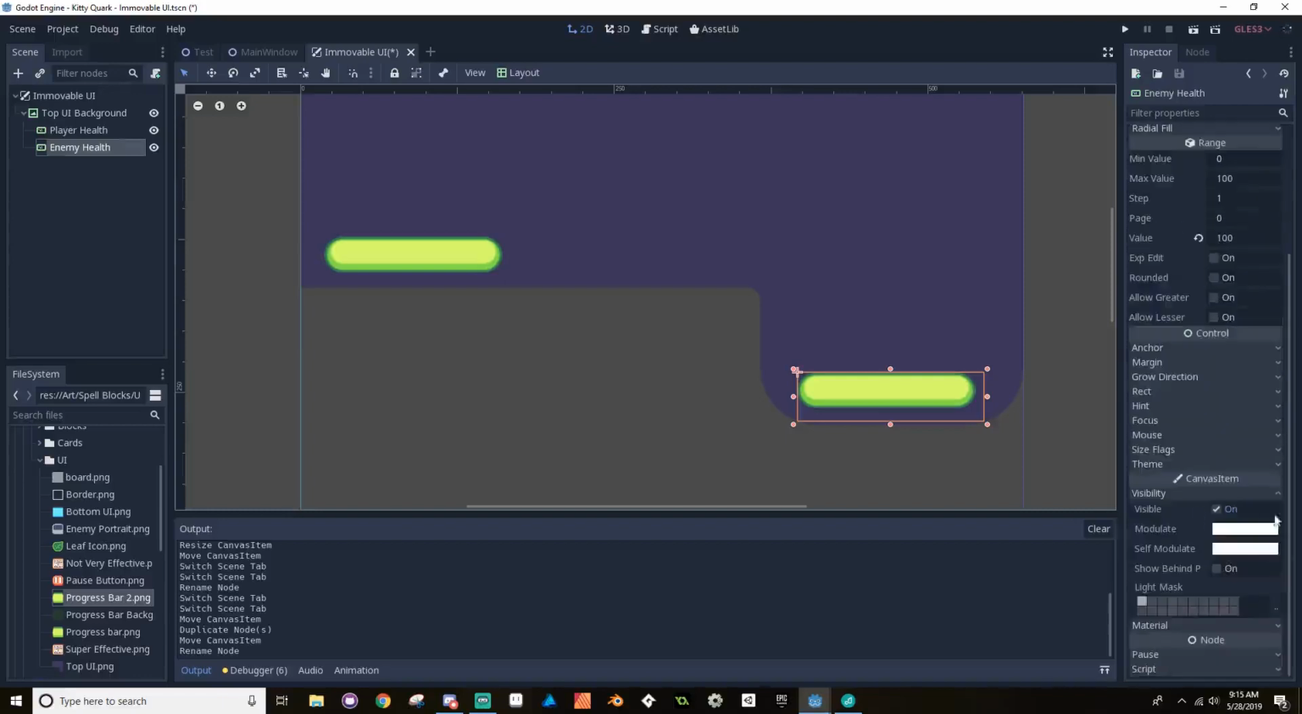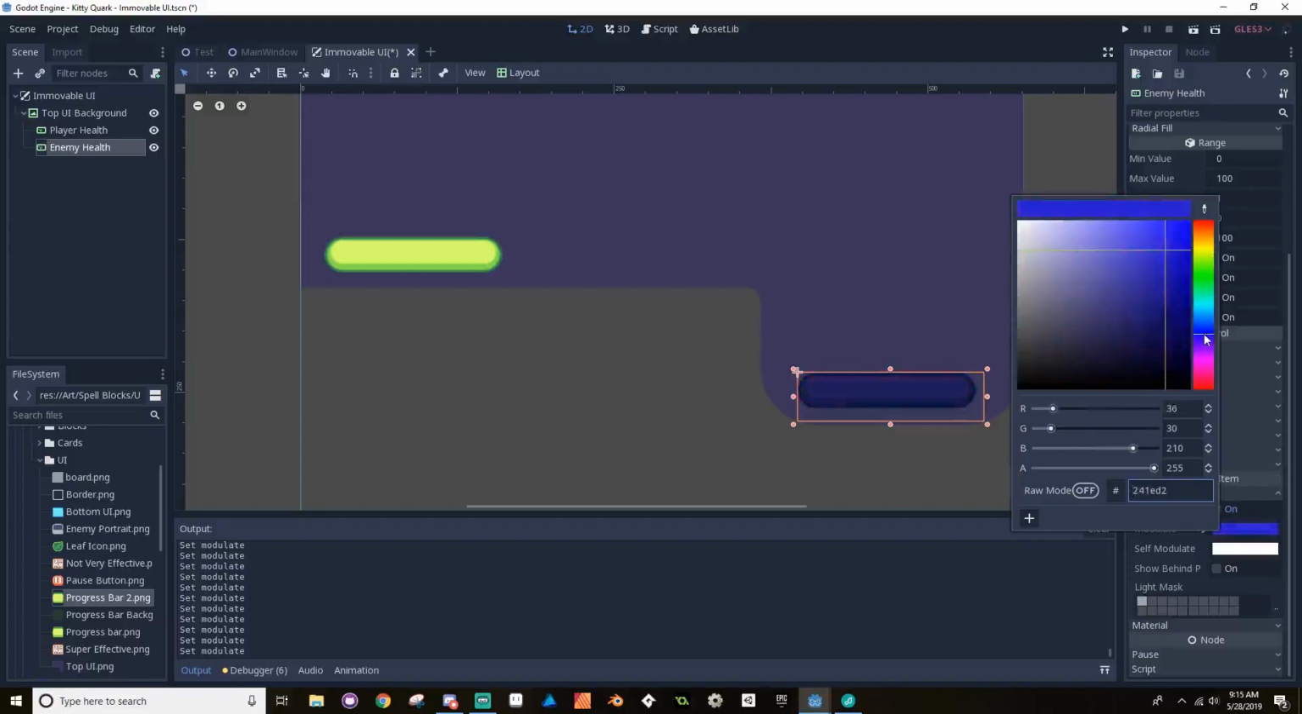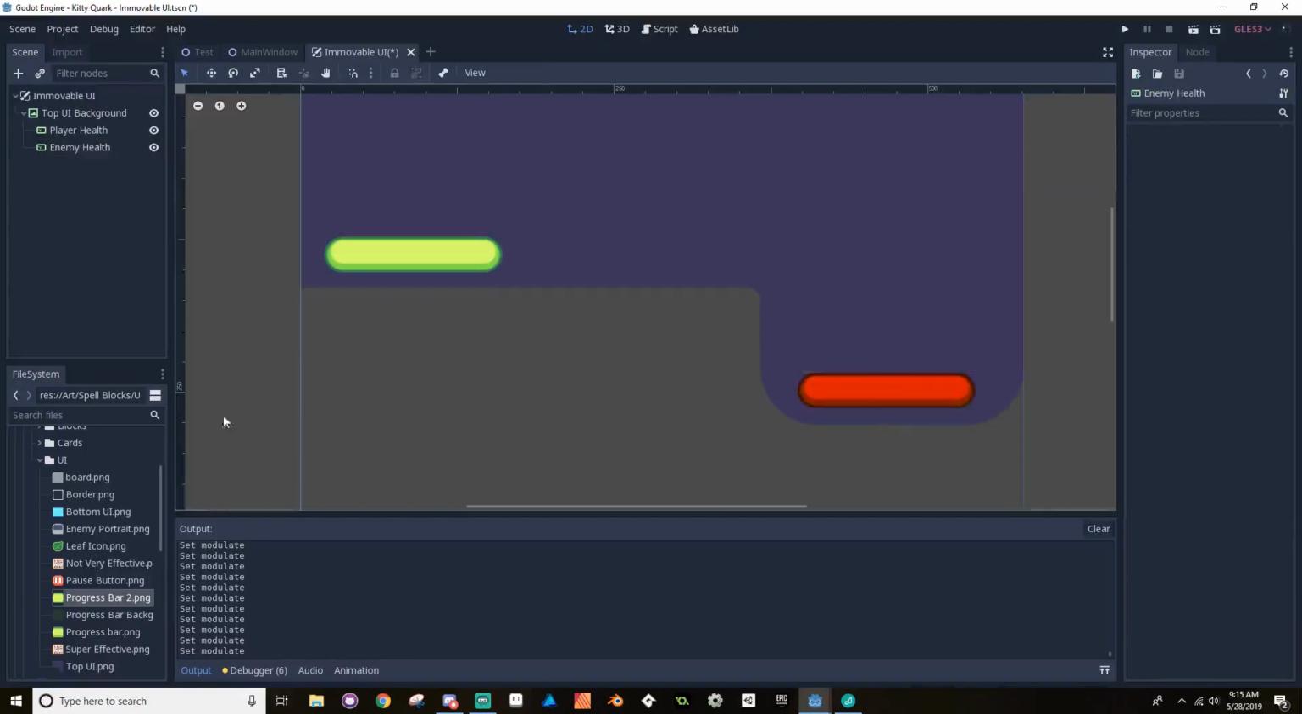So if I go to visibility, I'm going to change the modulate property. Doesn't look great because I'm putting orange over green. It's not too bad. What if I just, no. Let's do that. A little bit, let's go. Yeah, let's do that. Okay,